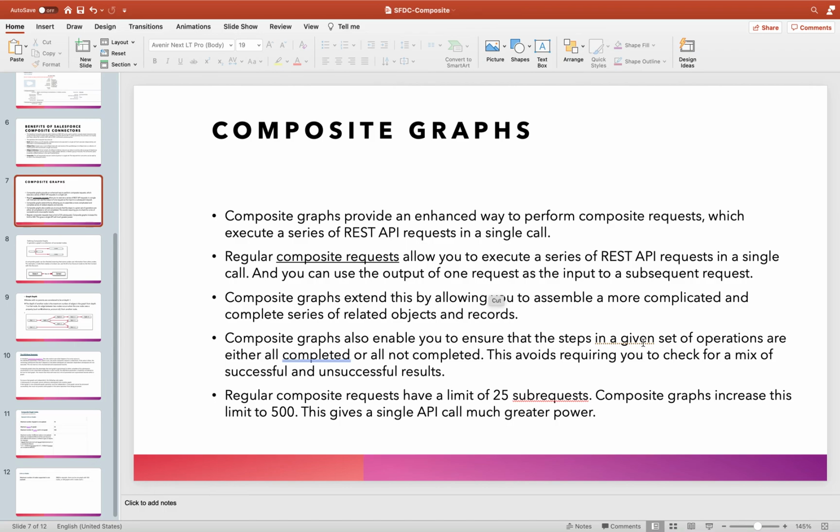Hey guys, welcome back. This is in continuation of our discussion of the composite Salesforce connector. We have already discussed a couple of features which are available through batch and through composite. Today we are going to discuss composite graphs. So what is a graph? If you recall, we have discussed this graph topic earlier on a couple of occasions.